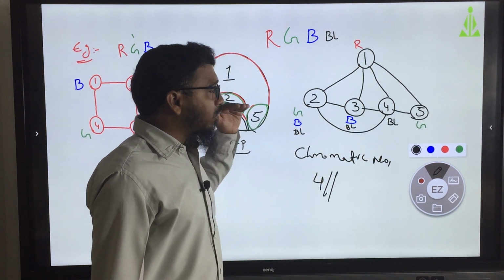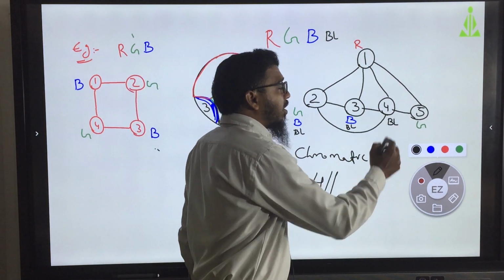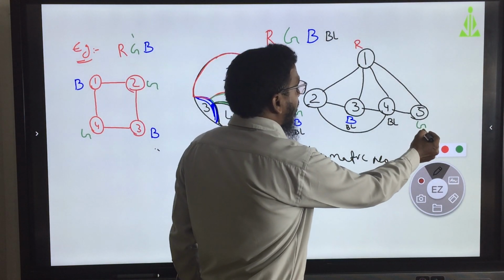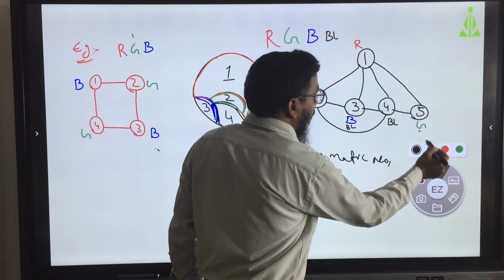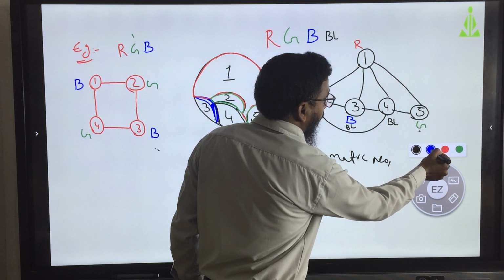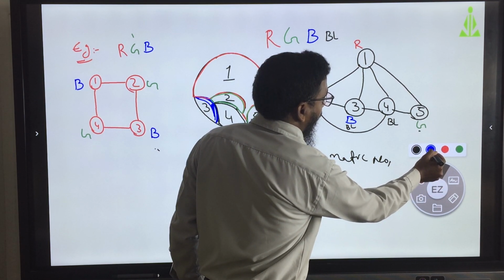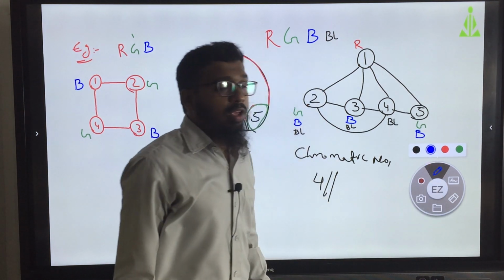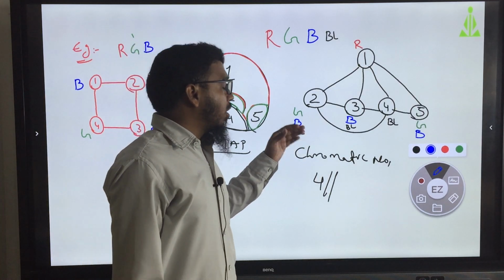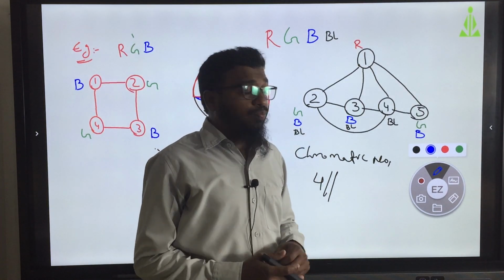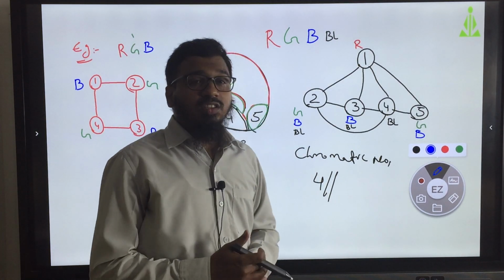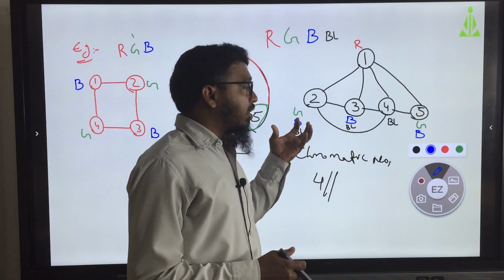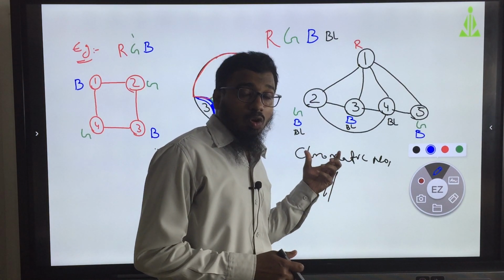So, for these possibilities, like here green and blue, we can give the blue color. So, how many possibilities are there, and which is the smallest chromatic number?